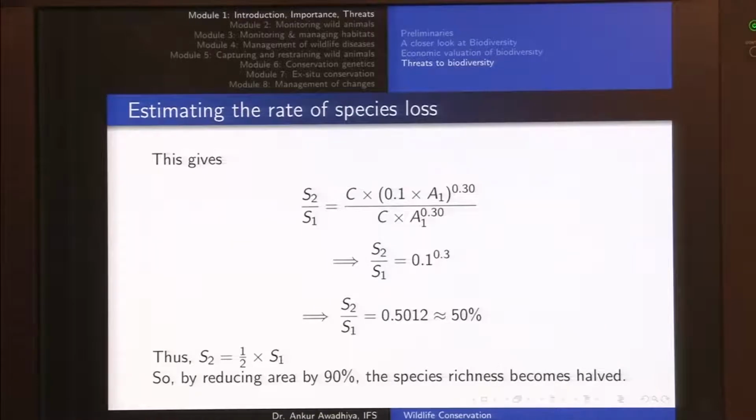Thus, S2 is half of that of S1. So, by this simple calculation, we have found out that by reducing the area by as much as 90%, the species richness has only become halved. So, for instance, coming back to the drawing board,